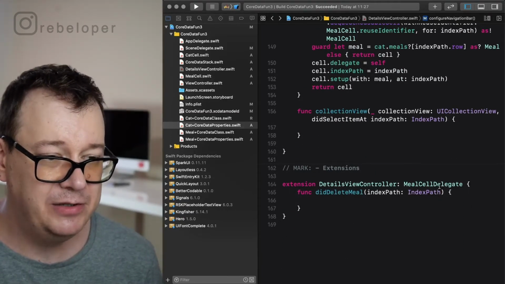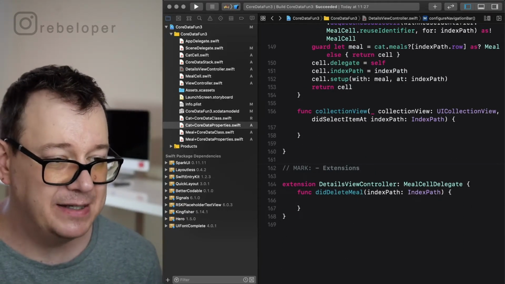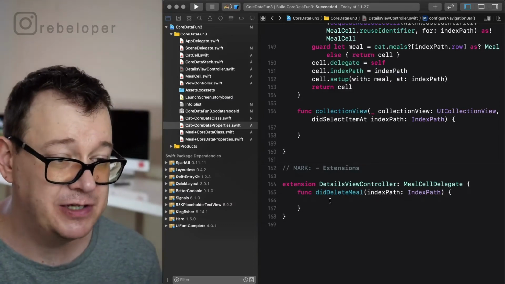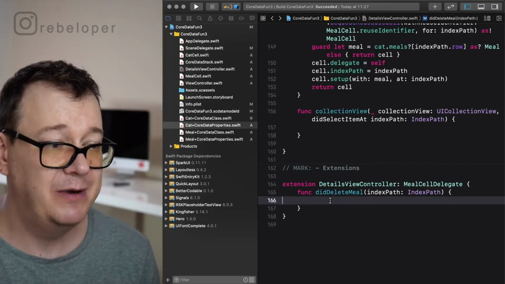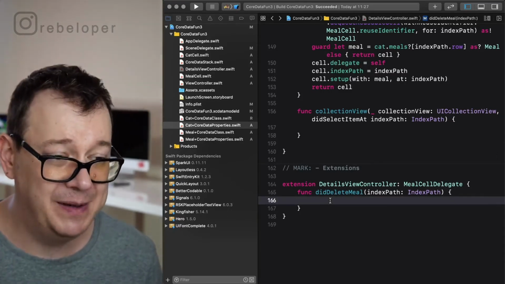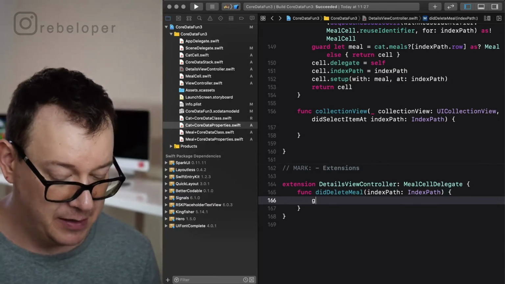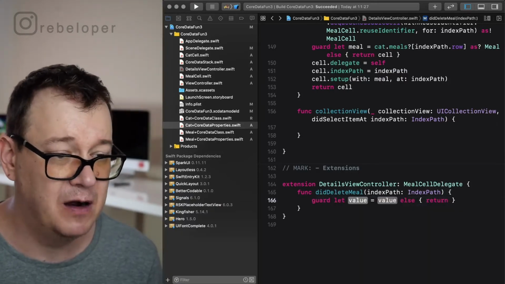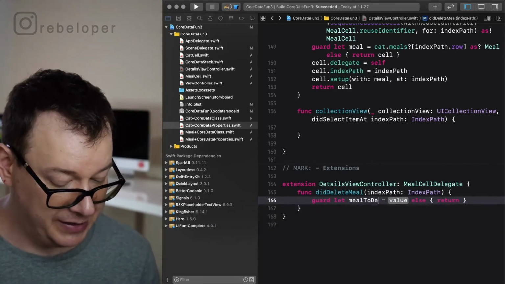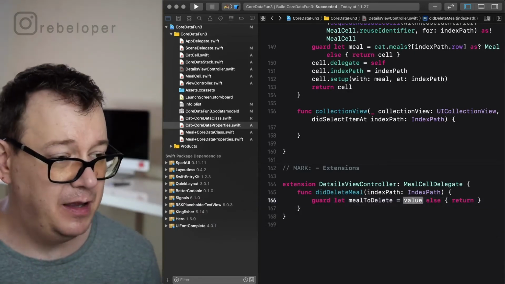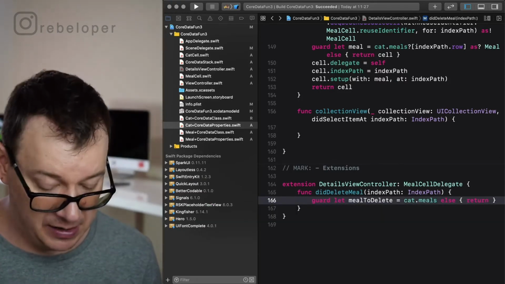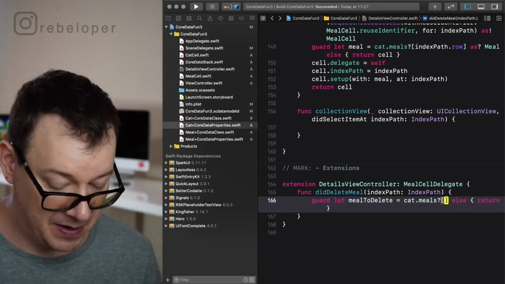Yes, we need to go down to the meal cell delegate, and we want to delete. So how do we actually delete this meal? Well, we first of all grab our meal to be deleted, and that could be an optional, so we go with guard let meal to delete equals cat.meals at index path